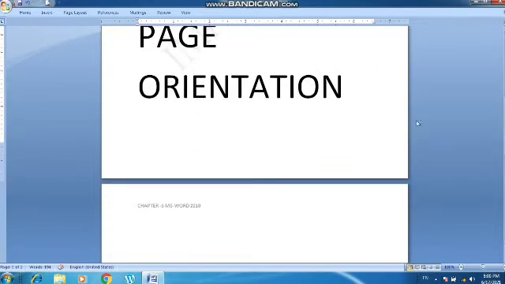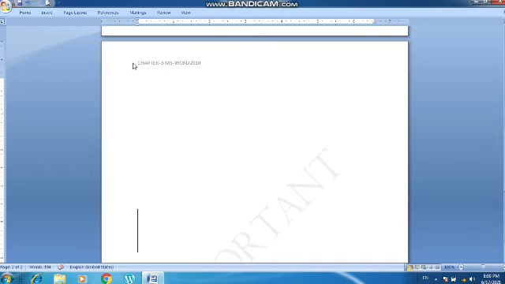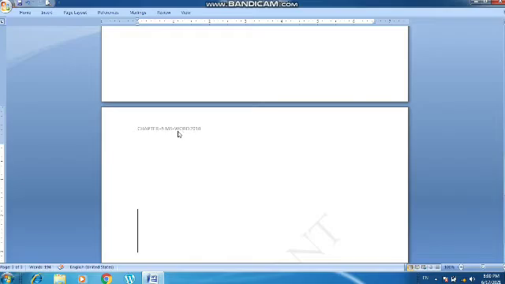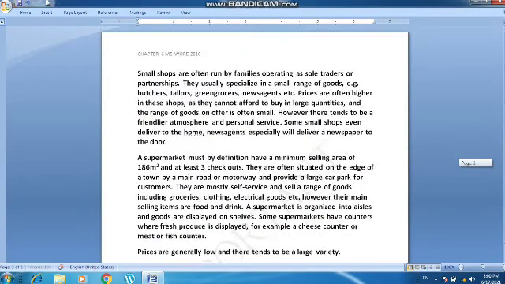When you keep on writing on this page and end this page, it will come into the next page also. You can see it is mentioned here as well. When you go to the next page again, it will be mentioned. So this is the benefit of header, that it is repeated in every page of the document.